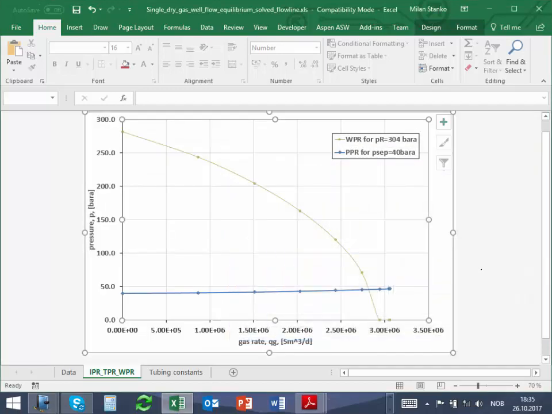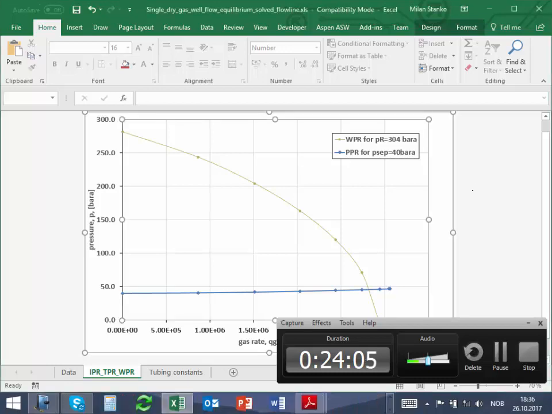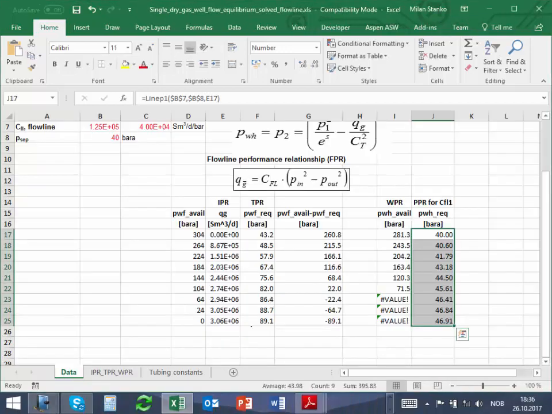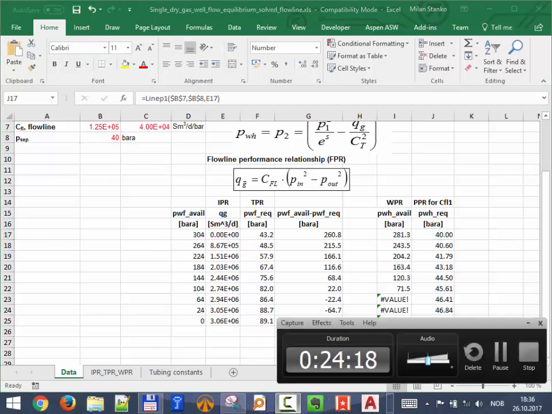Okay, and it looks like that. Operating rate someplace, yeah, 2.5, that should be like 2.8. Okay, something like that. Yes. Okay. Here you have to use line, and I want P1. Okay. Yeah, I'm going to give you some time so you can do it, and also please do it for